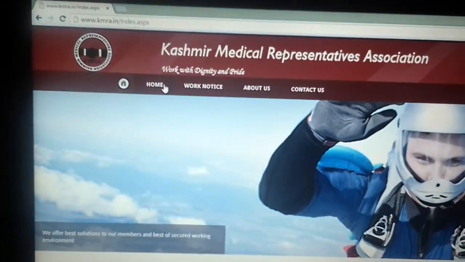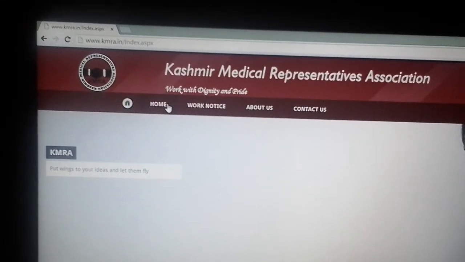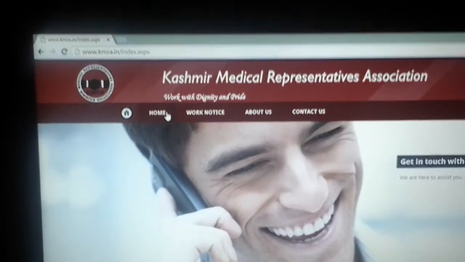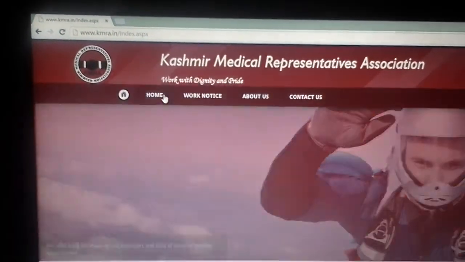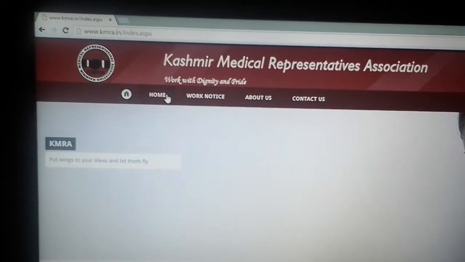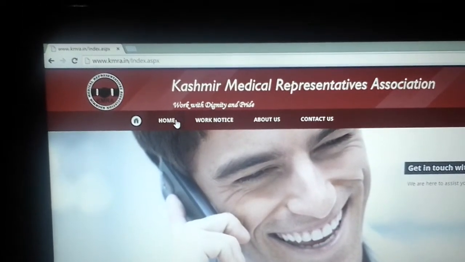We introduced this online software that not only helps KMRA members but also brings transparency in every transaction. For managers, giving working notes on KMRA is very easy. So managers are requested to always type this web address in the address bar, not in any search engine.